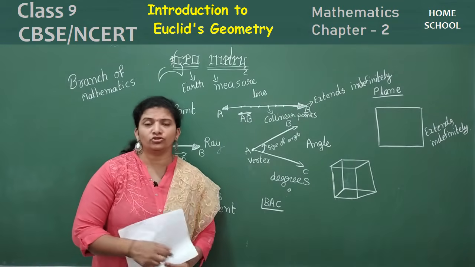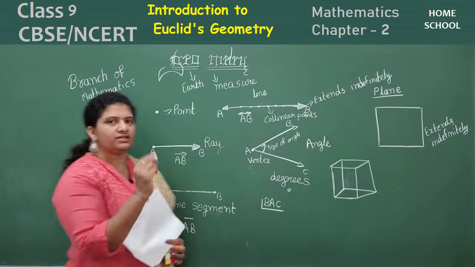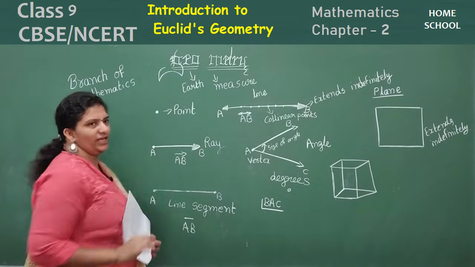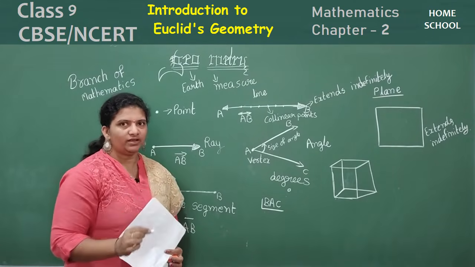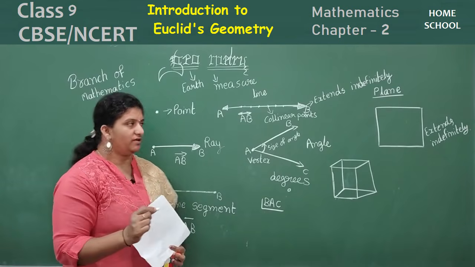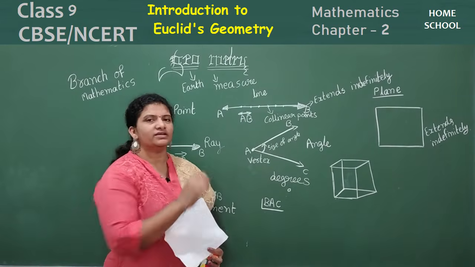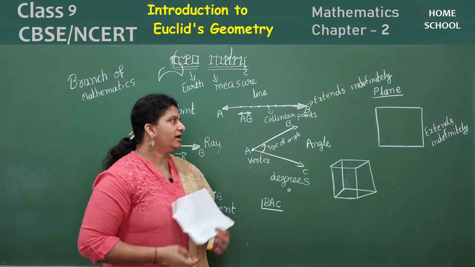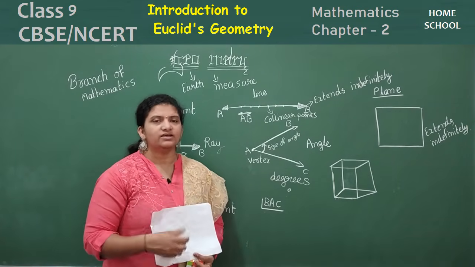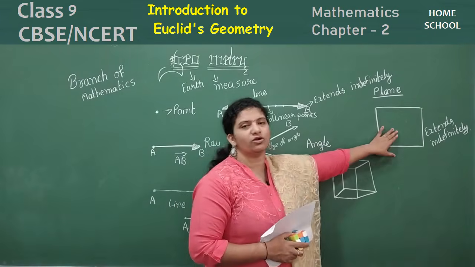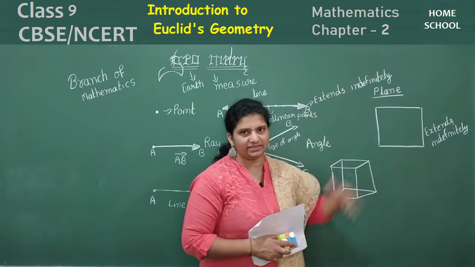Now I just want to show you all these concepts with an example here. See the point. For a point, I cannot show you any example. It is just to mark a point. It is a fine dot, right? It is used to show the position. Whereas a line is one dimension, right? It has only length, right? So now coming to your plane, it can extend indefinitely as said. This surface is enclosed with boundaries. Those boundaries are always lines or edges, we said.